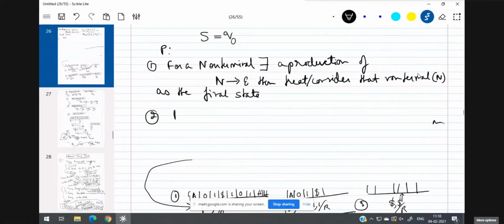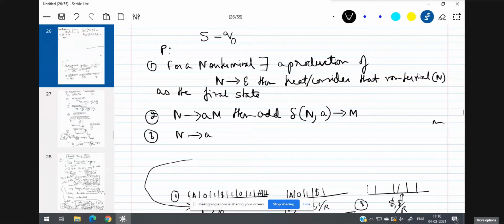And then number 2: if there exists a production of this format, where N and M are all non-terminals, then add delta of N comma A, this one. Number 3: if the production is of this format, then add delta of N comma A,